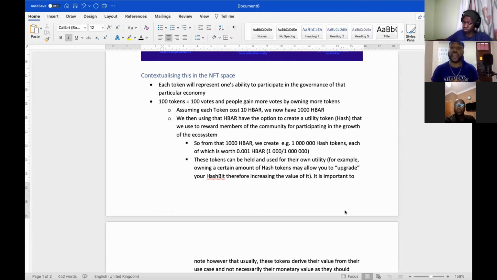if we're looking at this in the context of NFTs, every person who owns a Hashbit technically then has ownership that allows them to then participate in the governance of that particular economy. So owning a Hashbit means you've now become somebody who's part of it, technically owning part of that network. So let's assume that we have 100 Hashbit tokens. That means that we've divided it up into 100 votes,